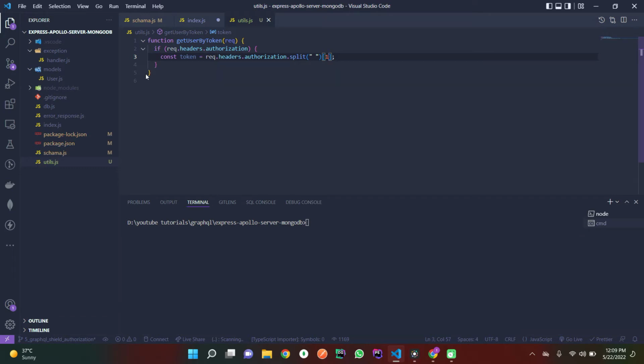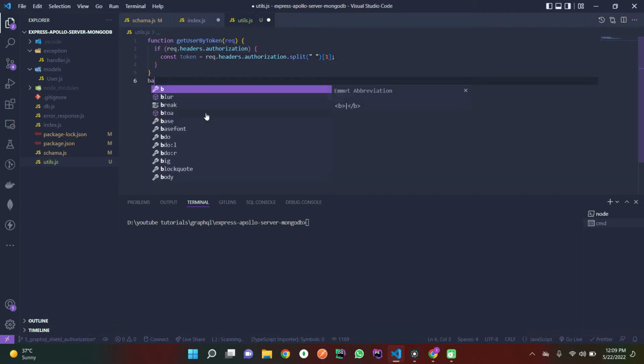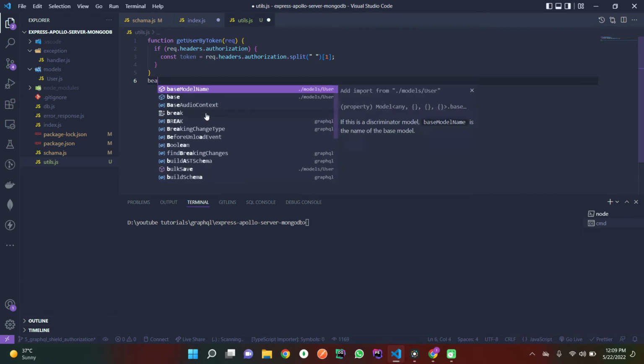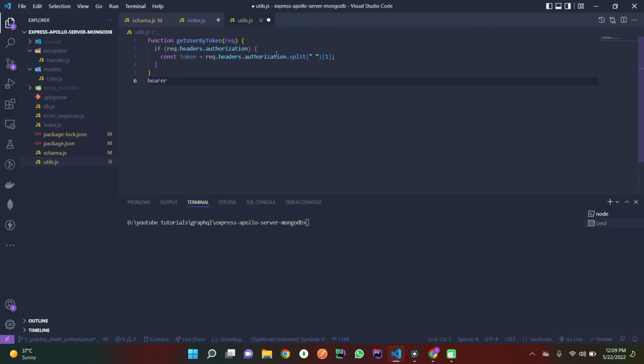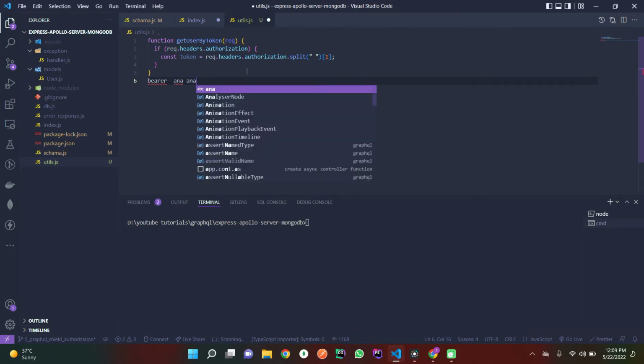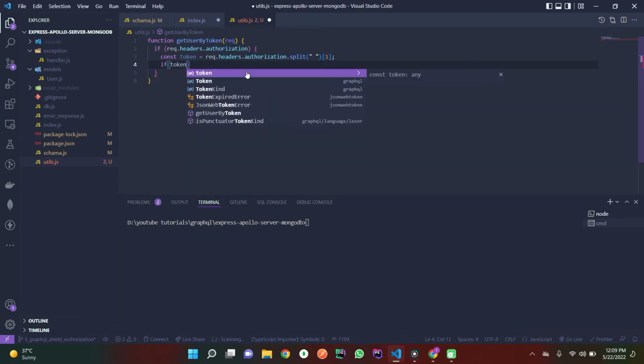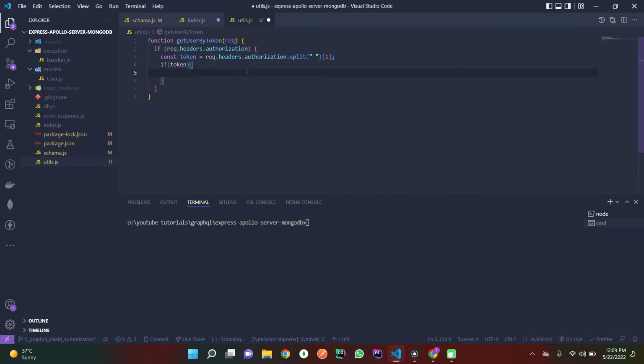We are going to use a bearer token, and the format will be like this: bearer, a space, then the token. So if the token exists,